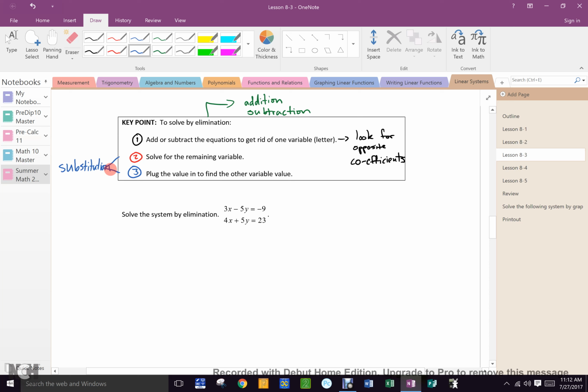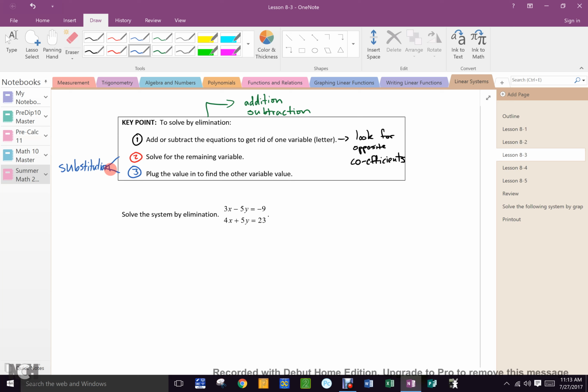Kind of like if you have a dent in the side of your car, you can get that out using a hammer. Or you could get it out using a rubber mallet. Which is the better tool for the job? The rubber mallet, so you don't chew up the paint. Okay? They will both get the dent out, but one will do more damage. So you choose the better tool for the job, even though both tools will do the job. In this case, substitution will work this out, but it's more math. So we're going to use a better tool for the job in this case, which is elimination.